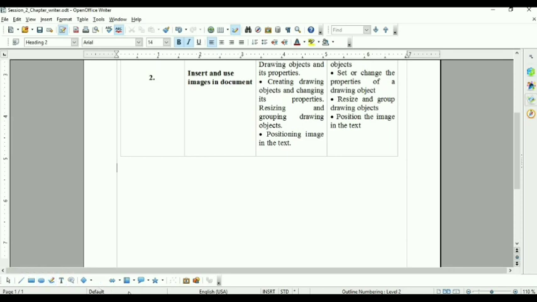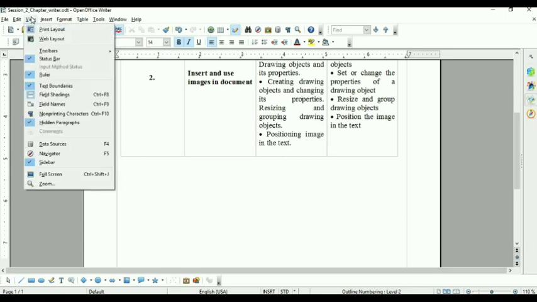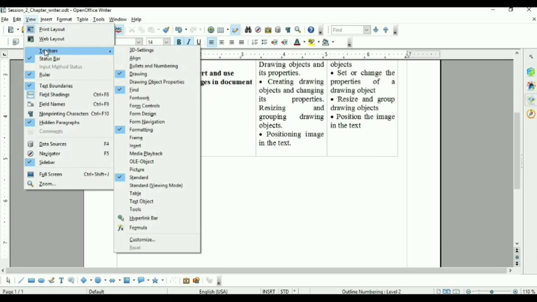Drawing object. This is the drawing toolbar. If you are not getting this drawing toolbar, go to the view menu. Select toolbar. The submenus appear. From here, see this. This is the drawing option. Now this time it is checked.